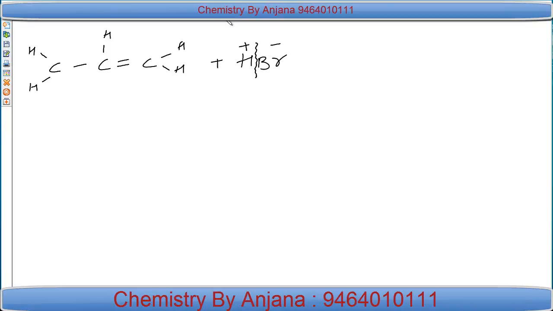ये इलेक्ट्रोफाइल किसकी तरफ अट्रैक्ट होगा? इलेक्ट्रॉन डेंसिटी पर, जो कि यहाँ पर मौजूद है, दैट इज पाई बॉन्ड में जो इलेक्ट्रॉन डेंसिटी है, नेगेटिव सेंटर है, इसकी तरफ अट्रैक्ट होकर इलेक्ट्रोफाइल जब यहाँ जाता है, अटैक करता है, उसके इन्फ्लुएंस में देयर इज अ चेंज गोइंग टू हैपन, जिसको हम इलेक्ट्रोमेरिक इफेक्ट कहते हैं। ये बॉन्ड पूरा का पूरा या इस कार्बन पे शिफ्ट होगा या इस कार्बन पे शिफ्ट होगा। देयर आर टू पॉसिबिलिटीज, सो लेट्स सी द टू पॉसिबिलिटीज। वो दो पॉसिबिलिटीज क्या बताती हैं? एक पॉसिबिलिटी कहती है हमको कि बॉन्ड, लेट मी शो यू हेयर ओनली,